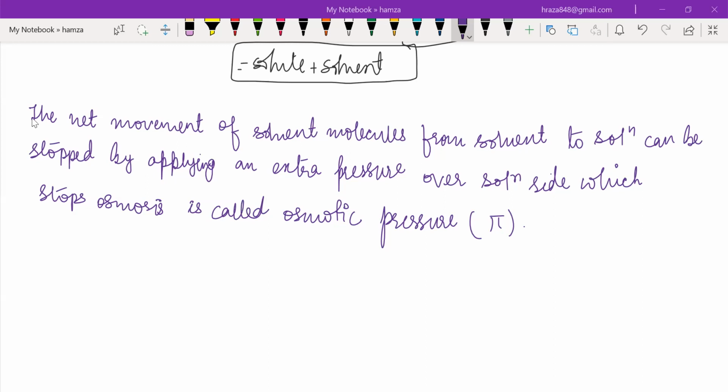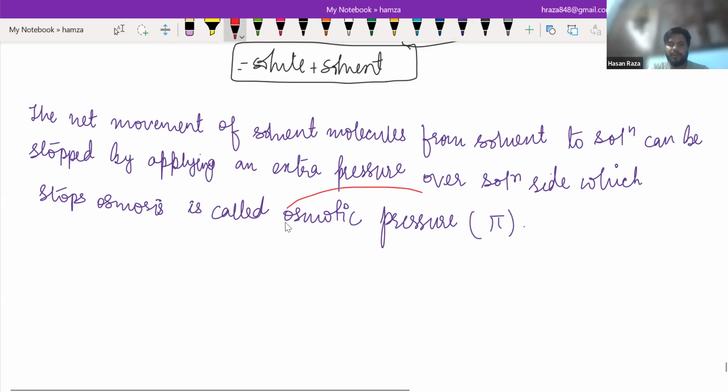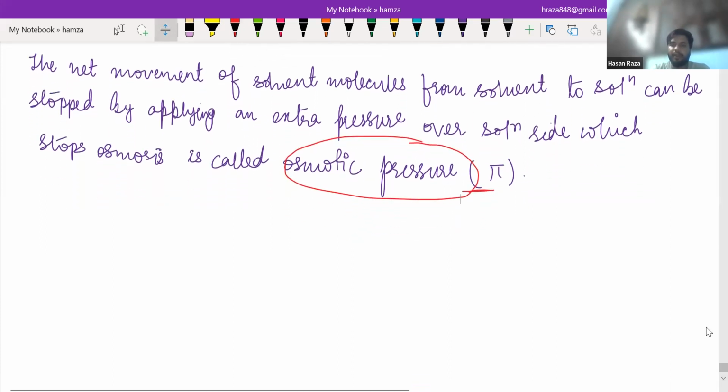Done, sir. Now see, this is osmotic pressure. The pressure required to stop osmosis by applying on the solution side, that pressure is called osmotic pressure. Now we are going to derive a formula in the same way that we derived in the last class. So here it is. Experimentally,